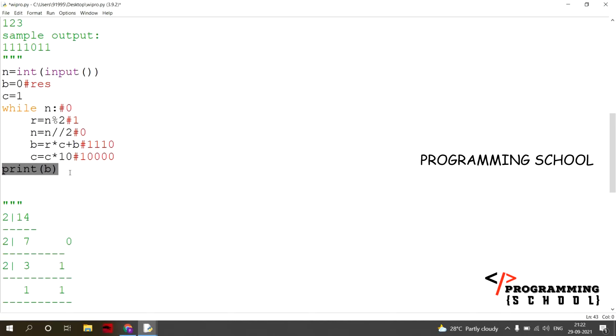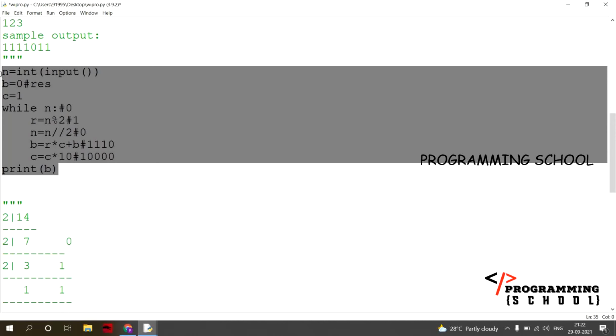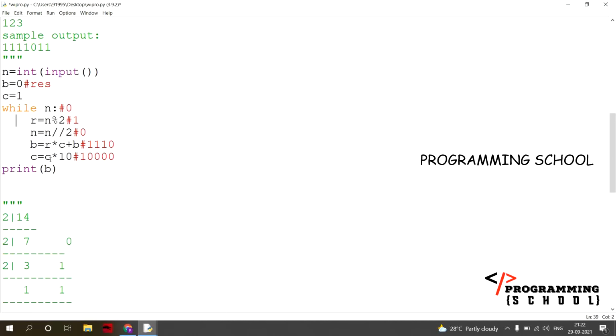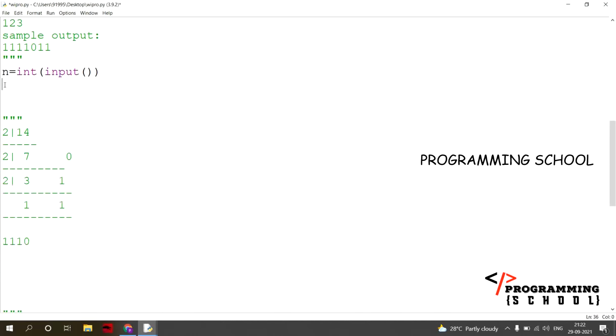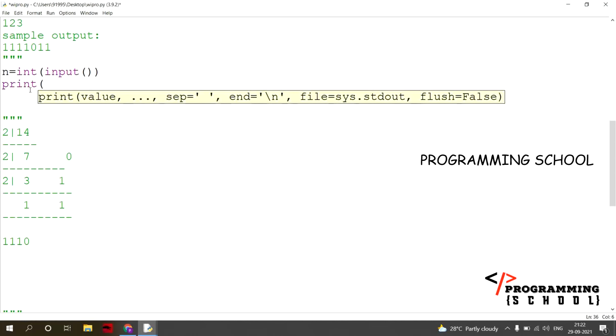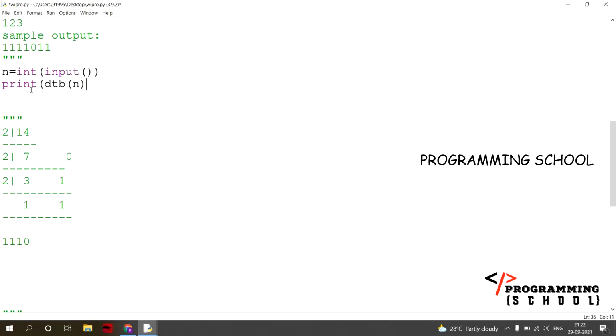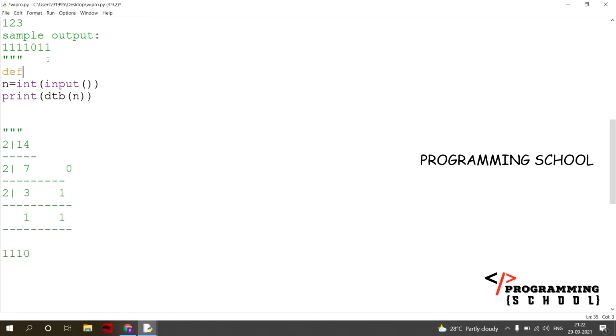I am not writing any function here. Now I am going to convert the same program using functions. Here I am going to write print D to B, decimal to binary of n, like this. That's it. Here I am going to write a def D to B of n.